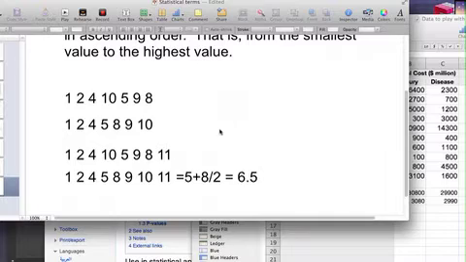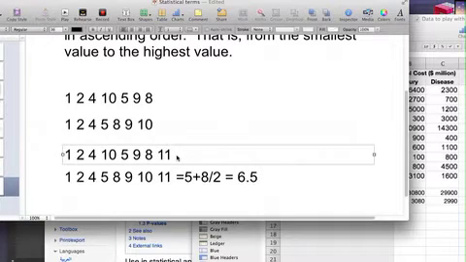Say the data here was 2,942 or 43, and another number was 79. So that would have to go in differently, wouldn't it? So we'll get rid of that and